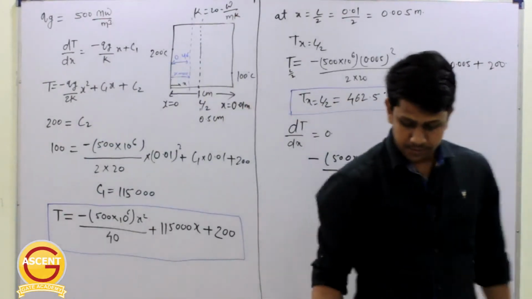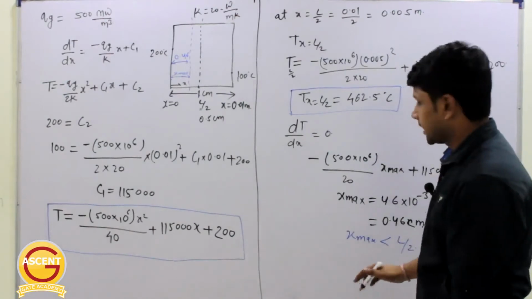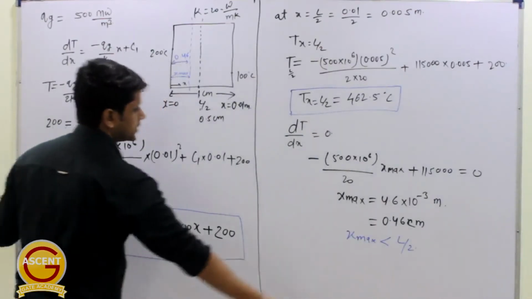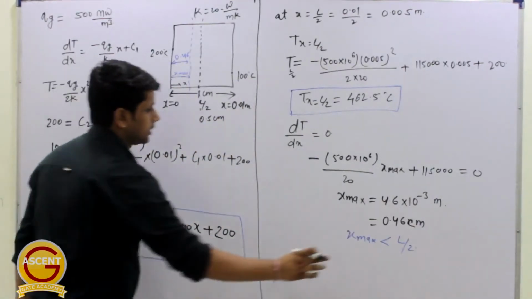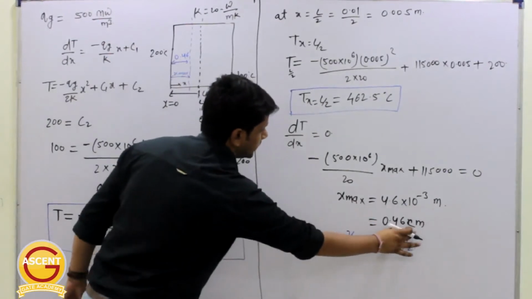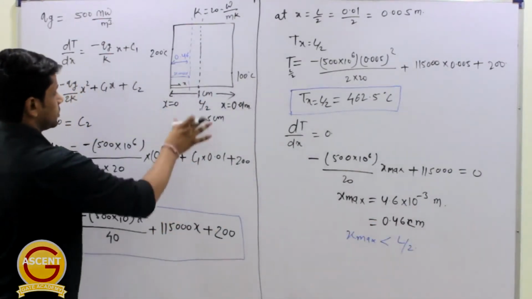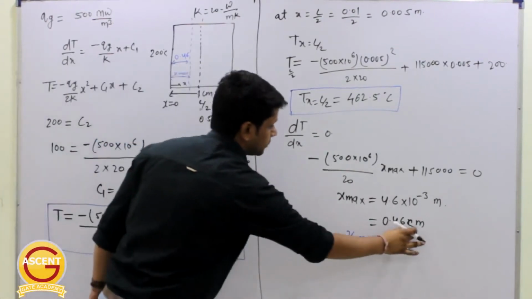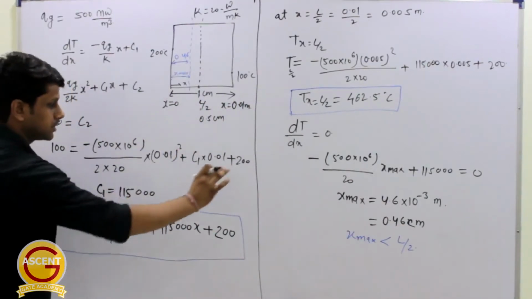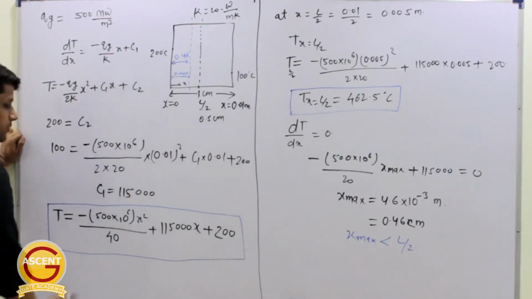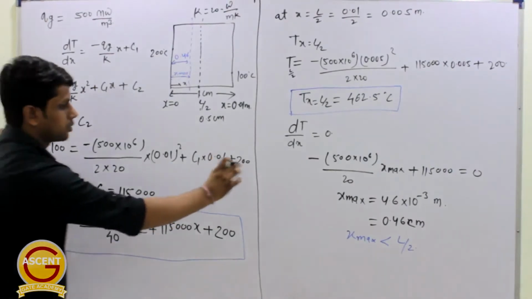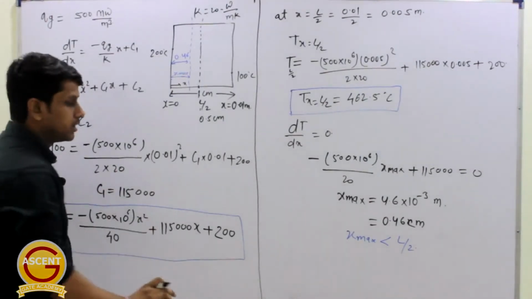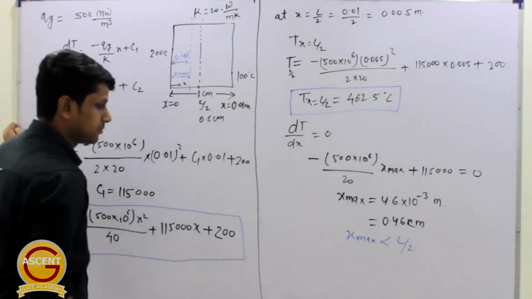Now third one he is asking, okay, we have to calculate the maximum temperature also, right? So how can we calculate this maximum temperature? Just put this value of x in meters, mind it, always we have to take this value in meters. This centimeter I have just given to get a feel for the value, because this thickness is given in centimeter. So just to take a feel I have written it is 0.46 centimeter, but always put the values in meters. So in this temperature profile, put the value of x as 4.6 into 10 power minus 3 meter, and you will get the maximum temperature value, because you are putting the x max value in this temperature profile.